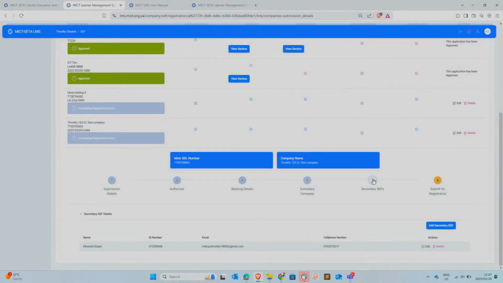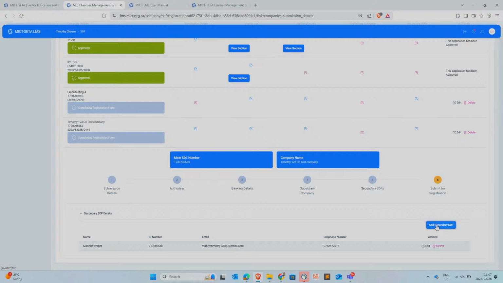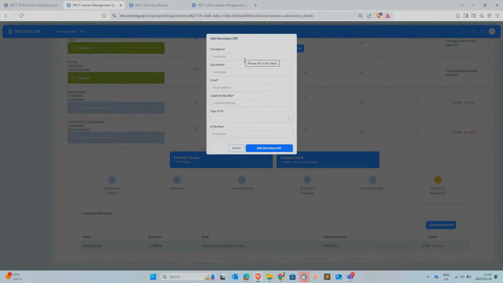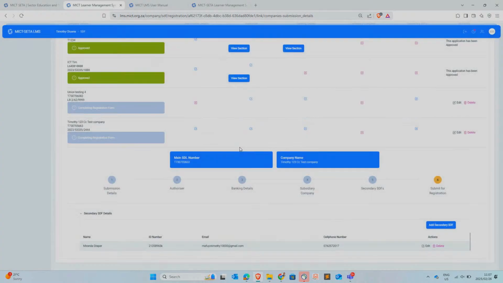With the secondary SDF, you do the same thing. You can add a secondary SDF by providing their name, their last name, email address, cell phone number, type of ID and also the ID or passport number here. You click add secondary SDF, which will add the secondary SDF. Once the secondary SDF is added, it gets populated here at the below. You can delete the secondary SDF or you can add 2 or more secondary SDFs. Then you move to number 6, which is submit